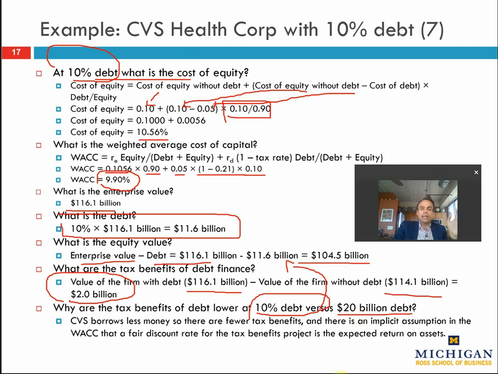There is a third, more complicated scenario. The two scenarios or assumptions we've made with regard to debt finance is either the firm is going to borrow a bunch of money and just leave it there as that dollar amount of debt, or the firm is going to borrow a bunch of money and maintain a constant percentage debt to debt plus equity ratio. A third, more complex scenario is where neither the percentage of debt nor the dollars of debt are constant. Now, this is not for our class.